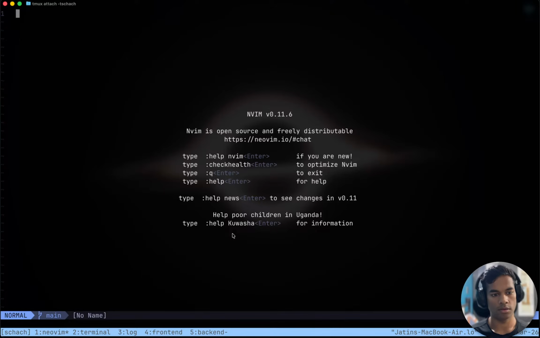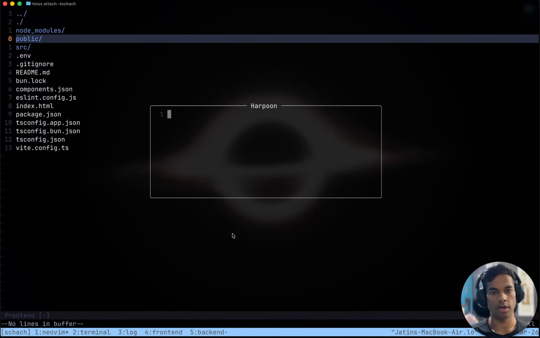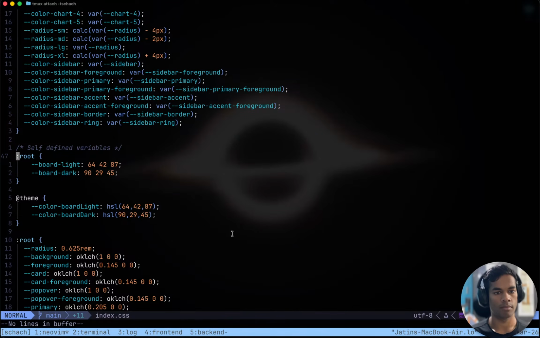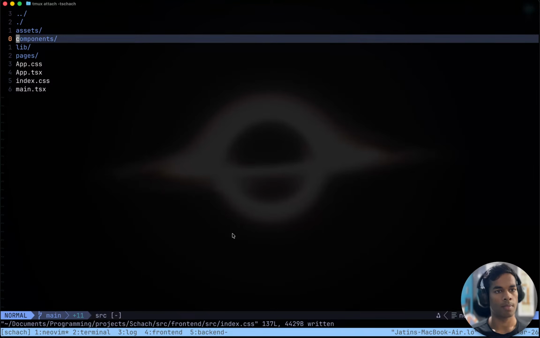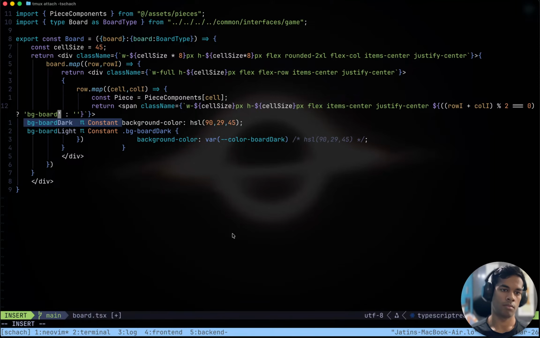Run Vite here, and the config does not exist. And in components UI board, here we should be able to use the color board dark.